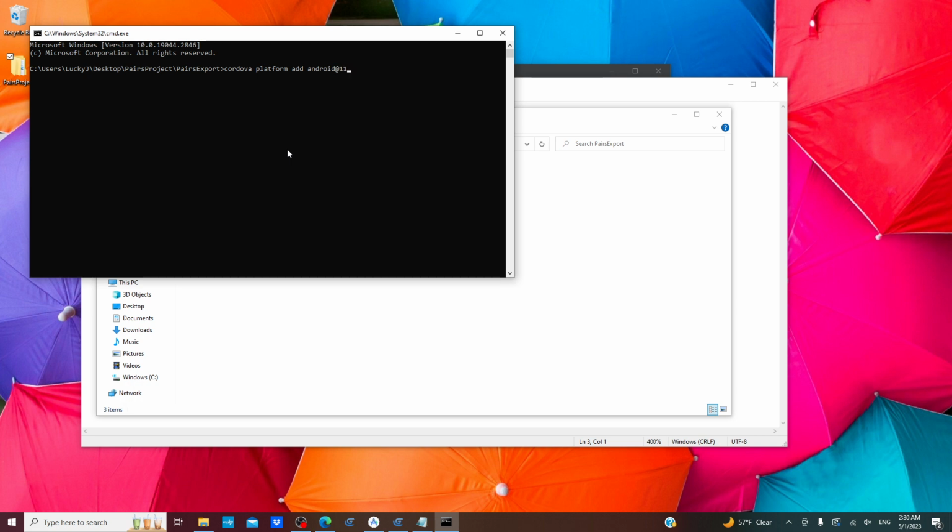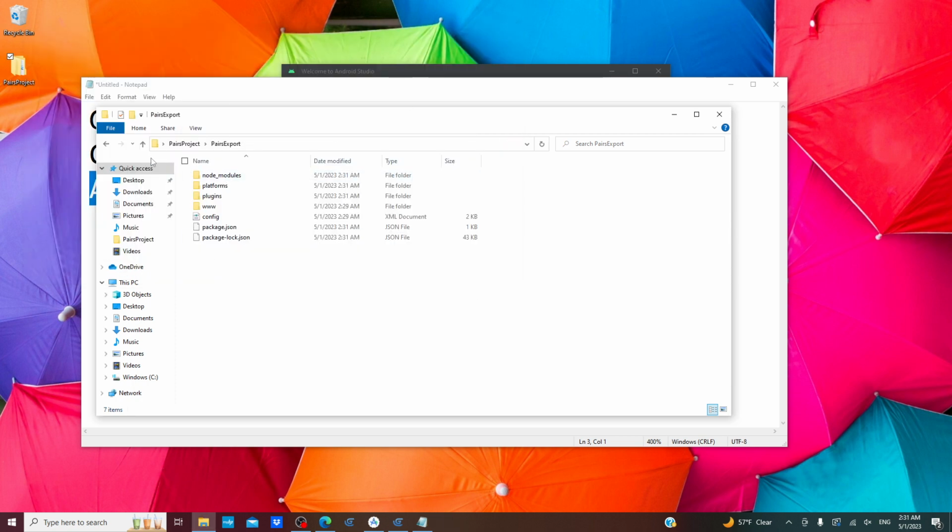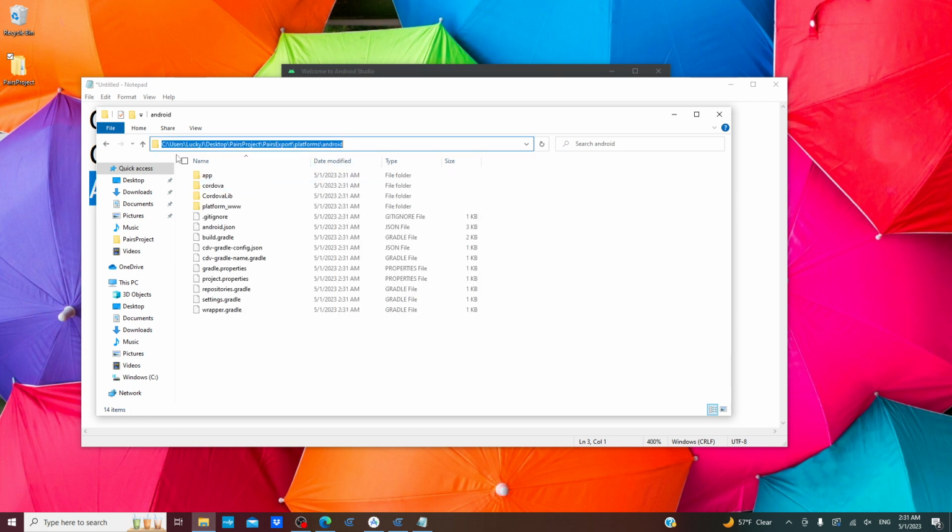Okay, Cordova platform add android@11, and give it a few moments to create the platform. Okay, once Cordova has successfully added the platform, we could just go in here, and remember, we do need to open up the Android platform in order to highlight the correct path that we'll need for Android Studio. So just Control-C that to copy it,